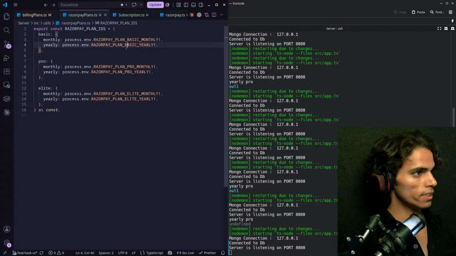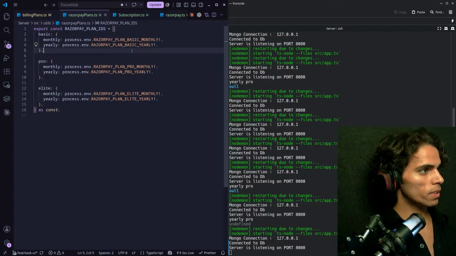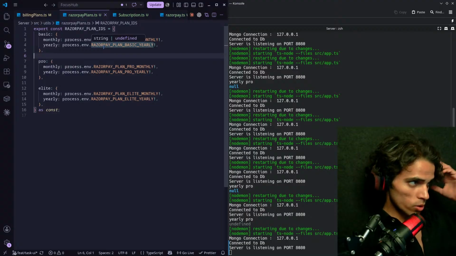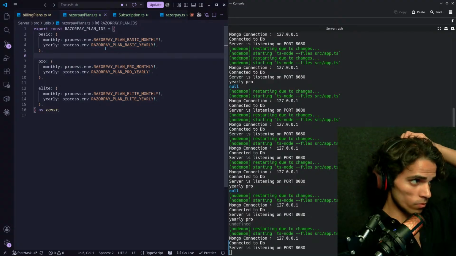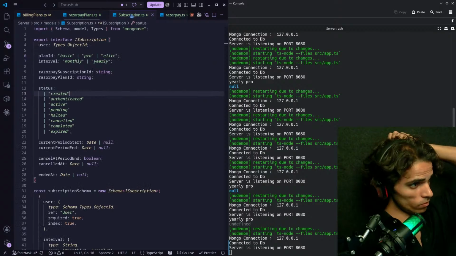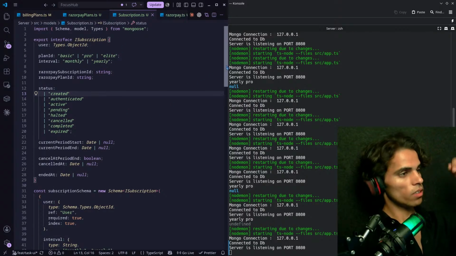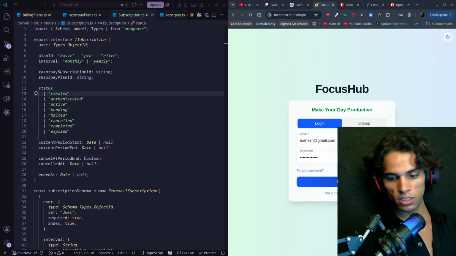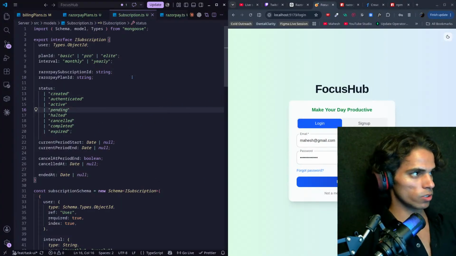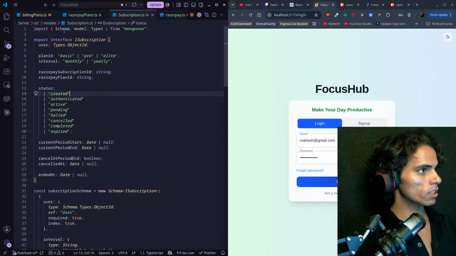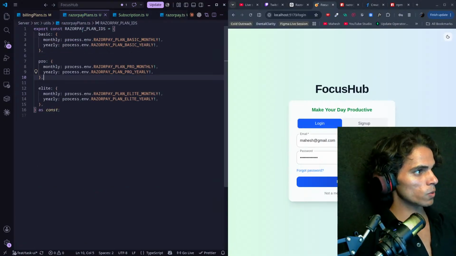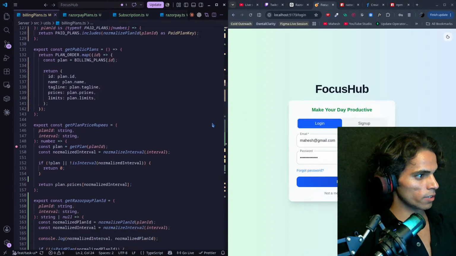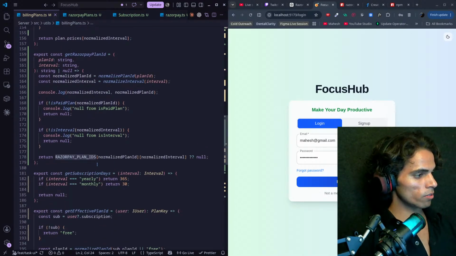Inside the reserve plan IDs, we have the monthly plan ID here and the yearly plan ID here. By the way, I don't want to show the plan publicly. I would like to open this here and I want to see the plans. So in reserve plans, no, not here. In blank plan, when we are trying to get the plan IDs, I would like to log the plan ID